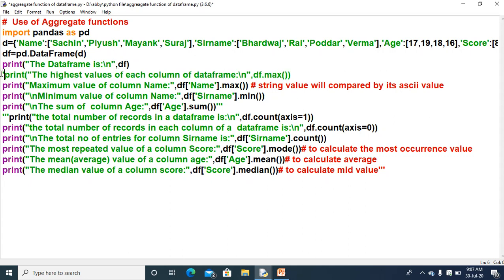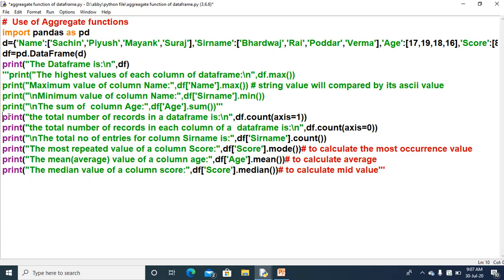rest of the functions as specified in the program. So first of all, we will see the count function, df.count, and here I have specified x equal to 1. So it will count the total number of records in a data frame. I have not specified any specific column.